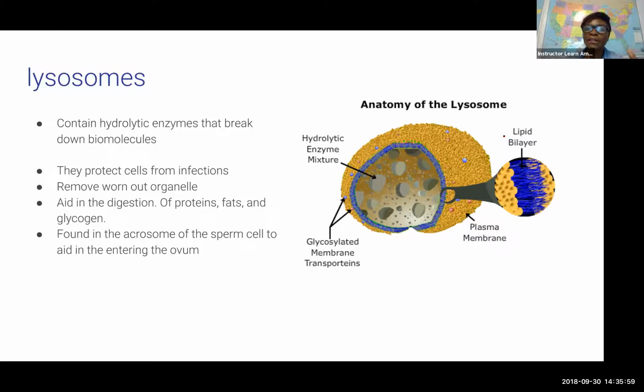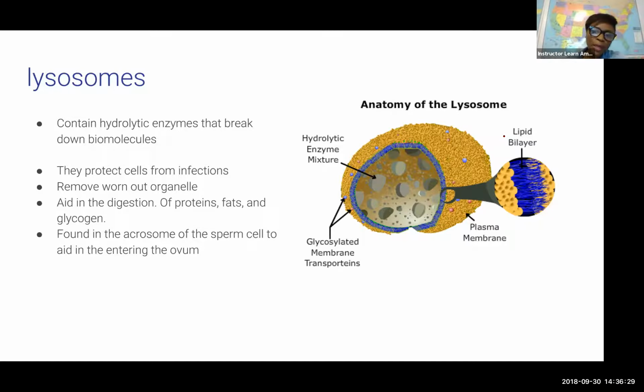The enzyme in it, you have the lysosome is found in that area, which will give the sperm cell the enzyme that it will need to break down the outer layer of the egg cell during the time of just before fertilization. So the sperm cell has to burrow into the egg cell, and it's going to use the enzymes from this lysosome to help break down the outer shell in order for it to enter the ovum or the